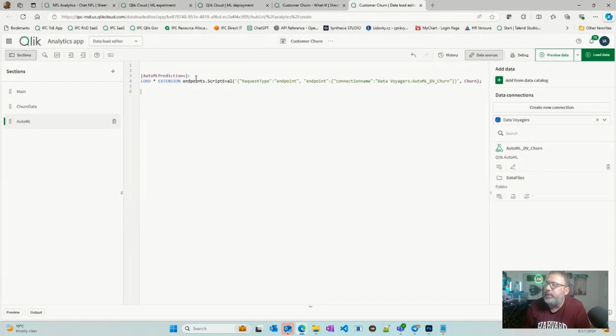Look at this. We have, we call it an extension, endpoints.script eval. So keep that in mind. And we have this structure. We will use something very similar. I can even copy this if I want, because it's a good idea. But I'm not gonna do it.